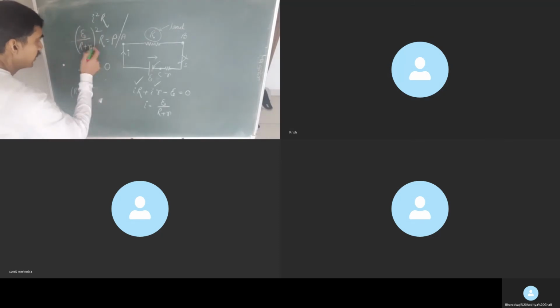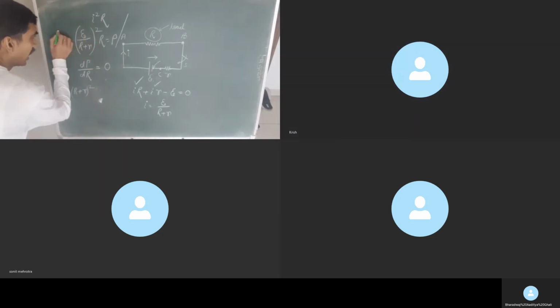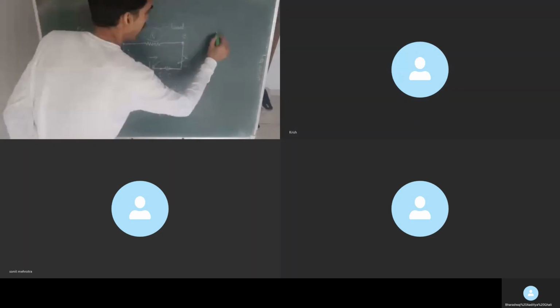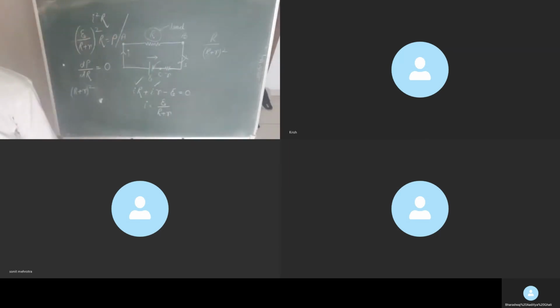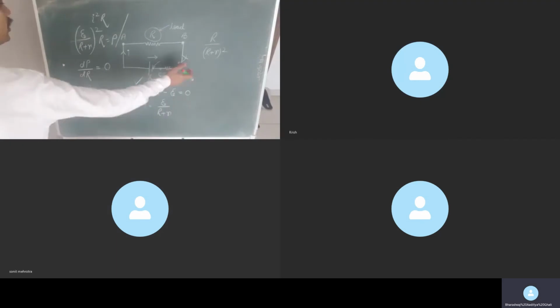Getting it or not? E square is constant, you can take it out. So what will be left with? R divided by R plus r whole square. Agreed? Endorse me on this. Yes or no? Yes, sir. What form is it in? U by V, divisible form. Correct? And in divisible form, how are we to differentiate?